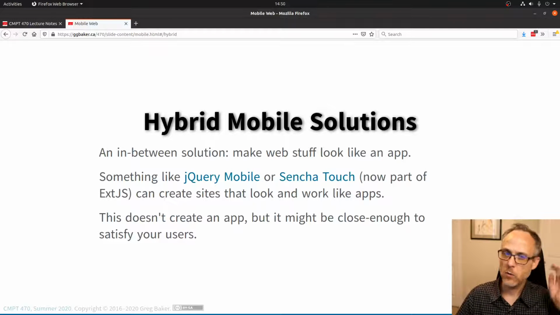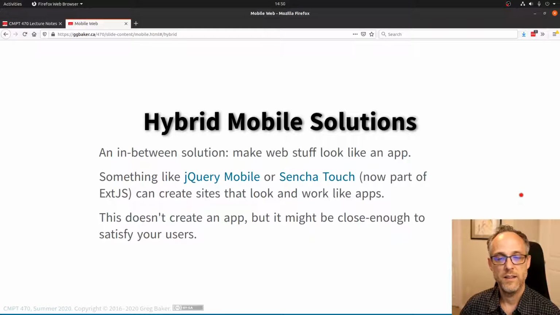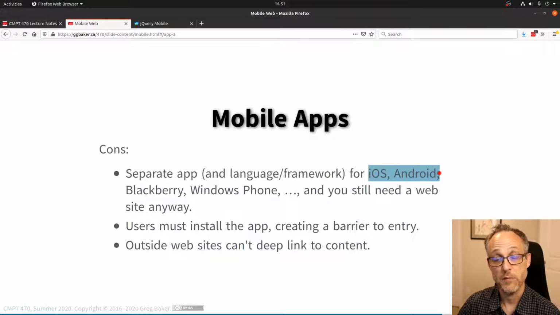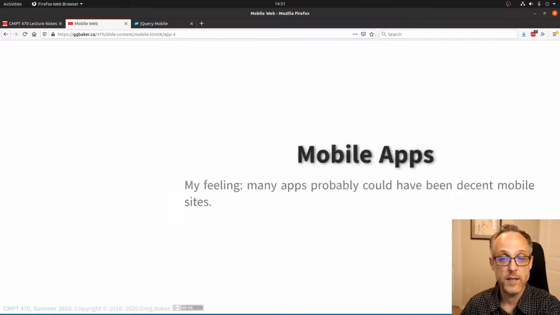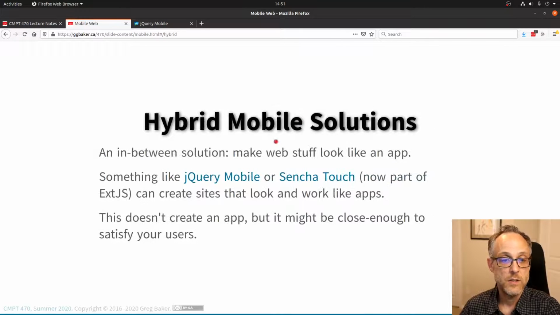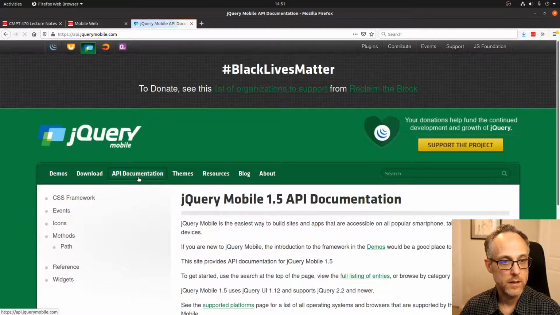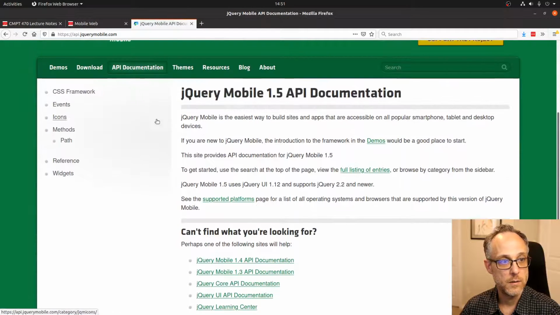Coming back towards this course, in the developer world, one thing you really do want to avoid is having to write 2 apps. That's one more than necessary, it feels like. So things like, well, first, jQuery Mobile and Sencha Touch are things where you are writing a web page. So we're still writing web stuff in this part of the story, but you make it look enough like an app. So you have something like in jQuery Mobile,